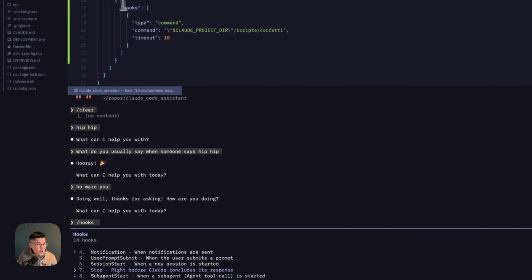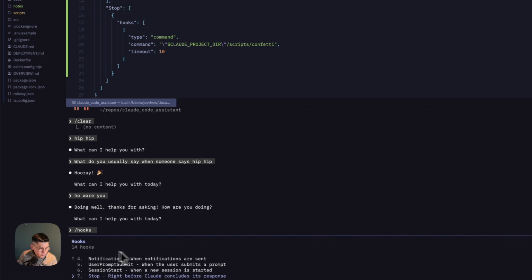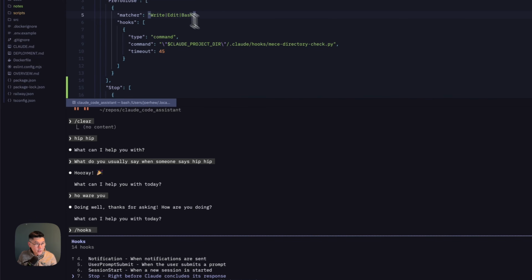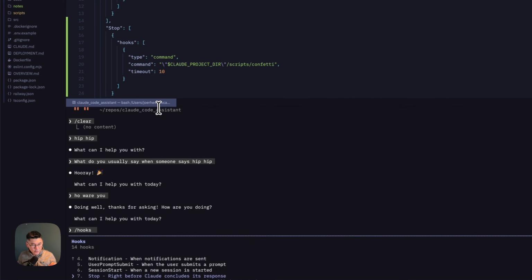So you can see the stop hook, and I run the confetti script. Right before Claude concludes its response is when the hook trigger happens. And as soon as it triggers, then it triggers this action that I've specified here, right? You might notice that I have another hook, and I'll show you this, but I just want to go back